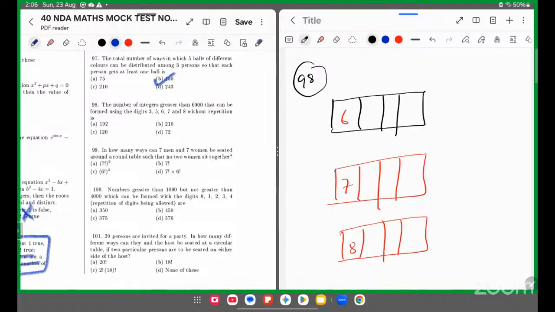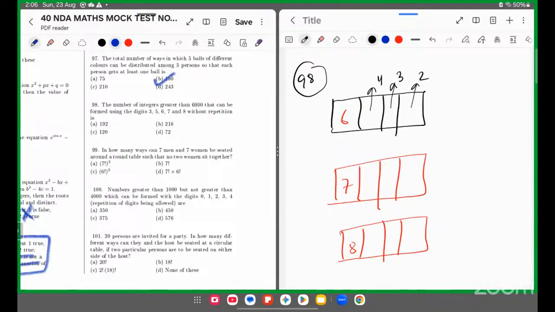हाँ, तो अभी क्या करेंगे हम, यहाँ कितने केस आ सकते हैं बताओ। 6, तो 6 को मैंने फिक्स किया, रिपीटेशन अलाउड नहीं है, तो मेरे पास बचेंगे नंबर 3 5 7 8, तो 4 बंदे। इधर कितने बंदे बचेंगे, 3। इधर कितने बचेंगे, 2। ठीक है, क्योंकि आपको 6000 से बड़े ही नंबर चाहिए।